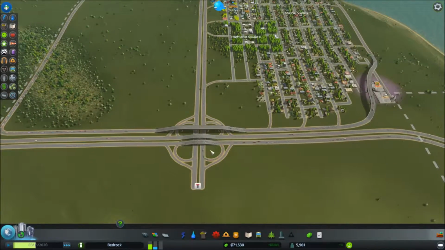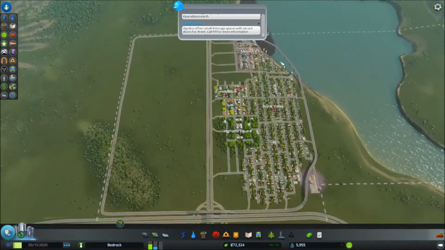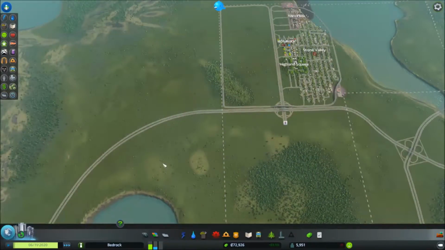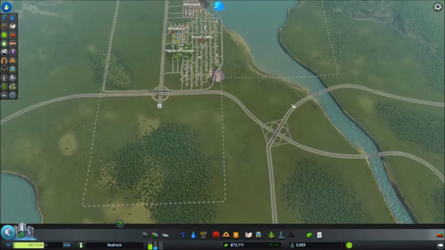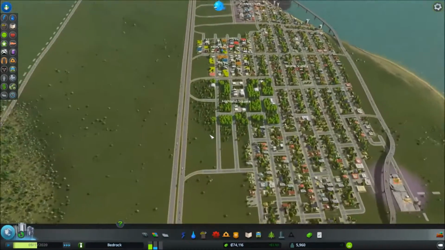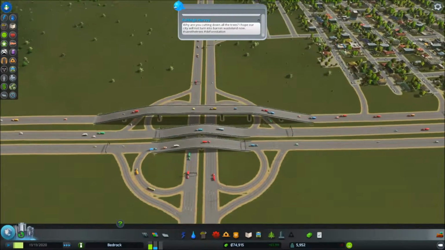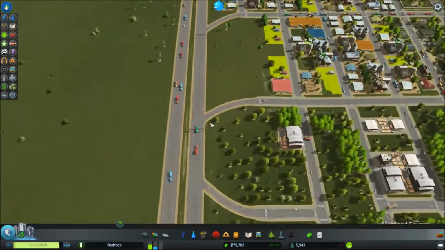For example, this interchange here is going to serve another city that can be a mirror image of this one. Then over here I can make two more just like these two. Then down here the same thing, over here the same thing, and I can have multiple interchanges that are just like this, and no need to make any convoluted ideas about getting in and out. You can just simply use these